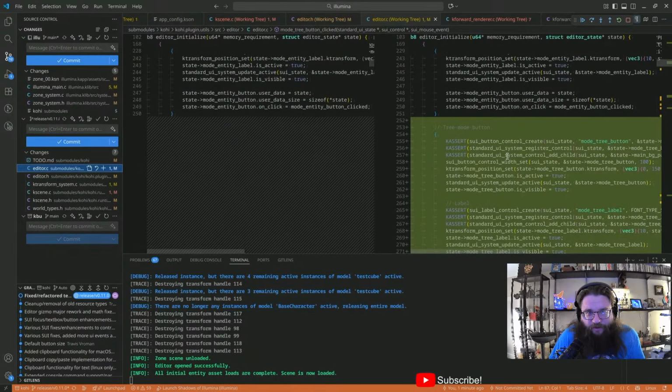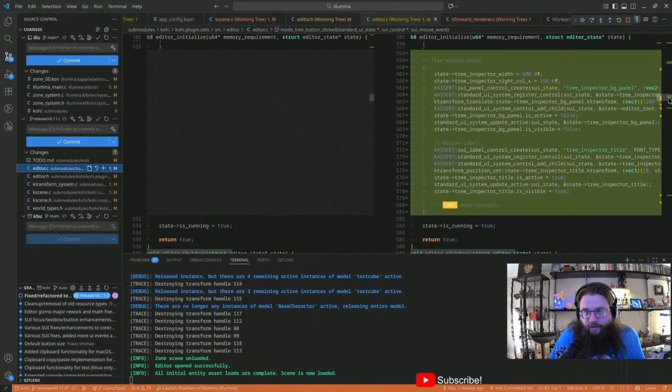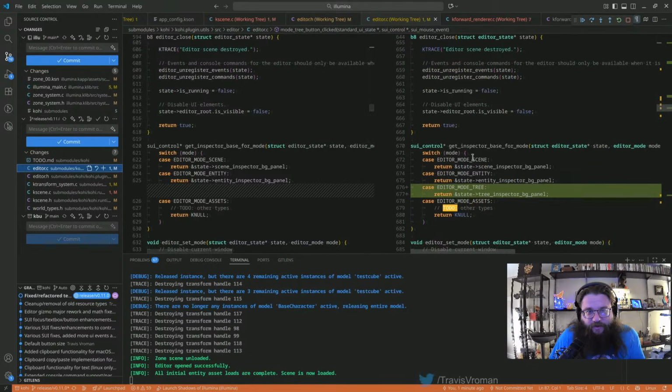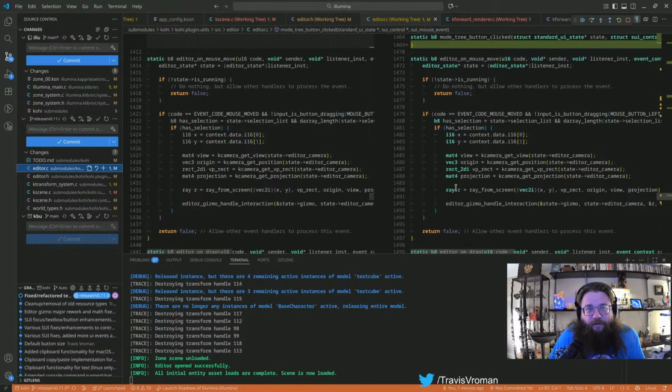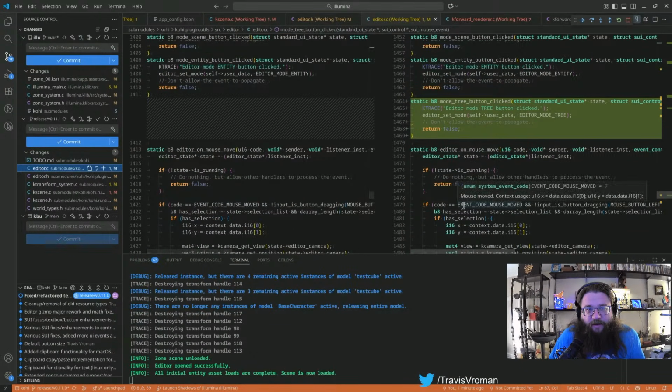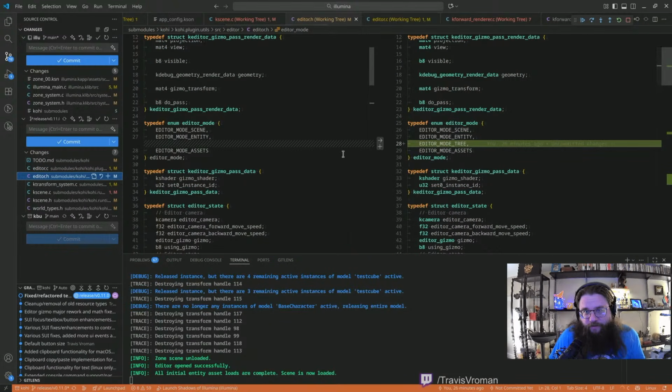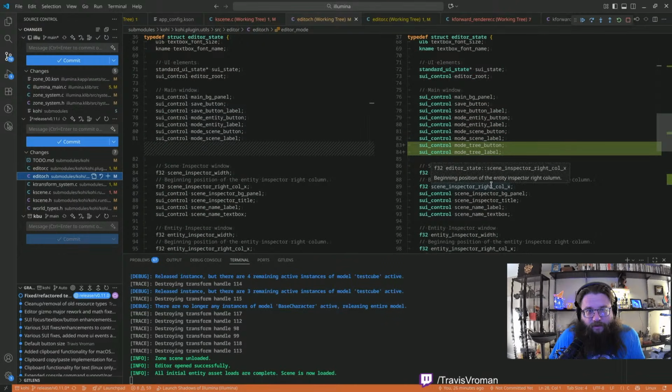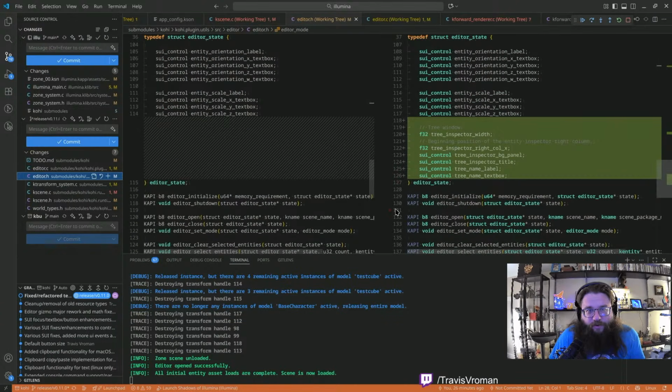I don't think so, but we shall see. Okay, so that's the new tree stuff. That's the new state that we added. And then that is the new function that I just added. So that should be fine. That's just adding the new mode, the new controls. We renamed all of those.